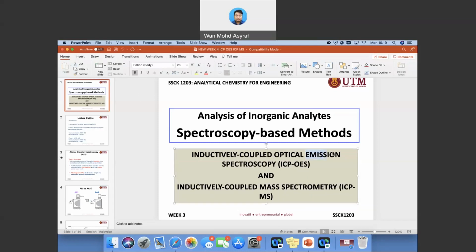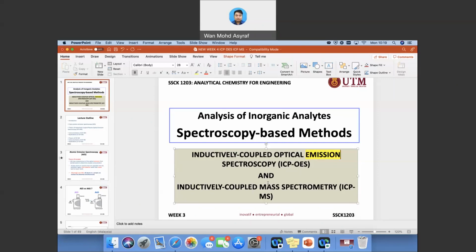Okay, emission. So when I say emission, you straight away would think that for emission to happen, your atom or your analytes need to be in the excited state, and then it goes back down to the ground state by releasing a characteristic electromagnetic wave which will be detected by the detector. That's how emission happens. Before this, we have looked into absorption, where the wavelength or the electromagnetic radiation would be